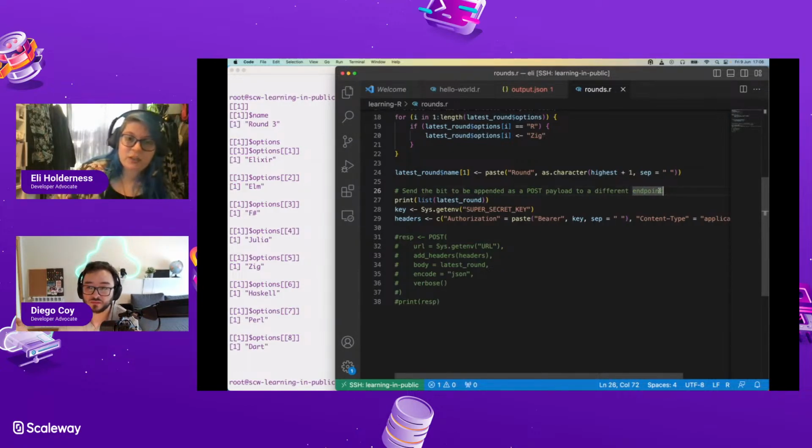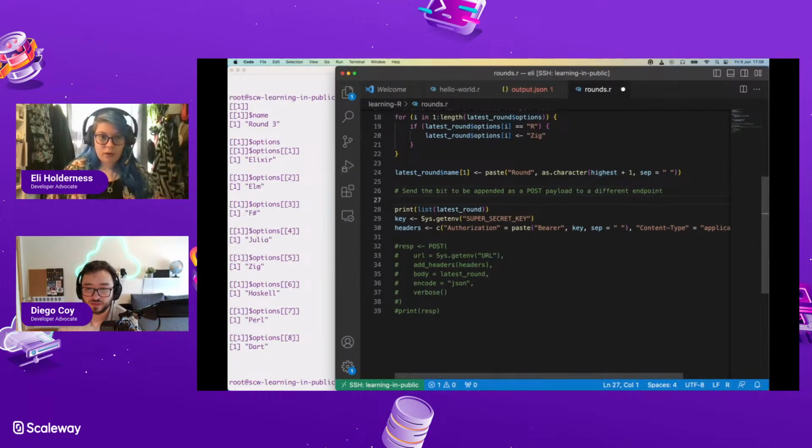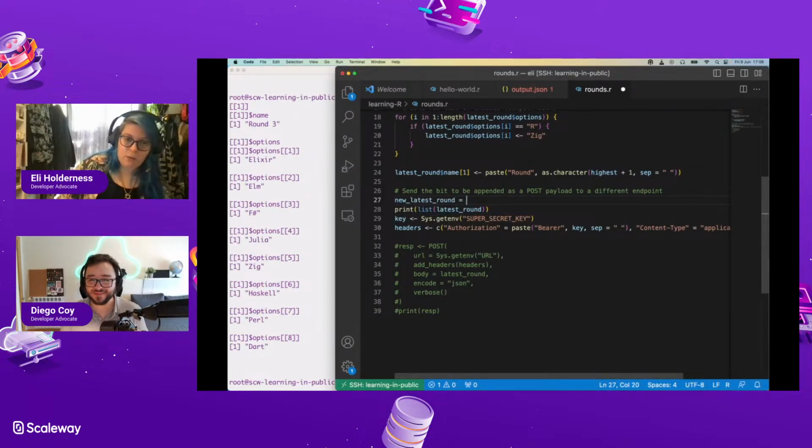You decompose it manually and recompose it. What I need to do is, okay, new latest round equals new final, equals a list.